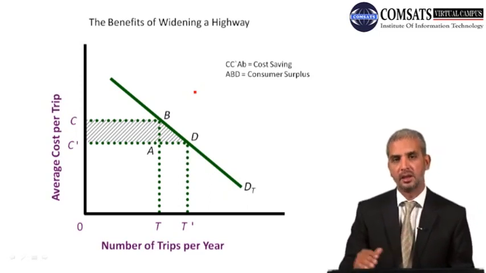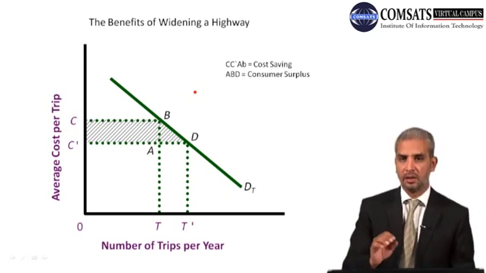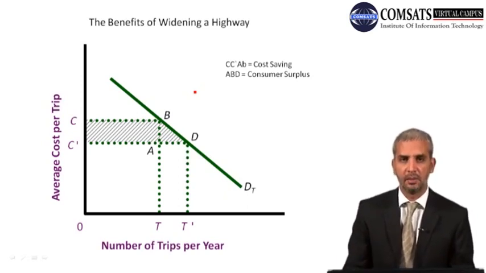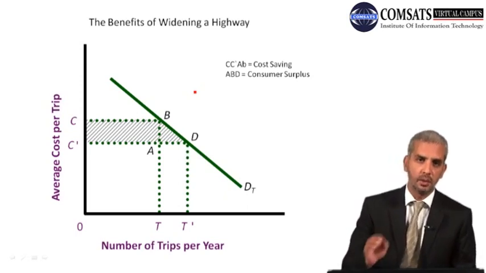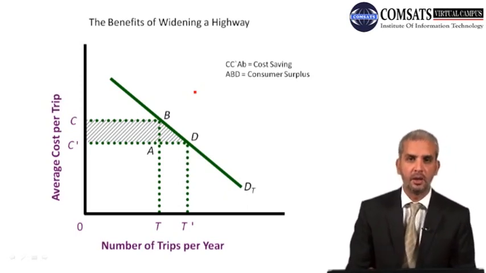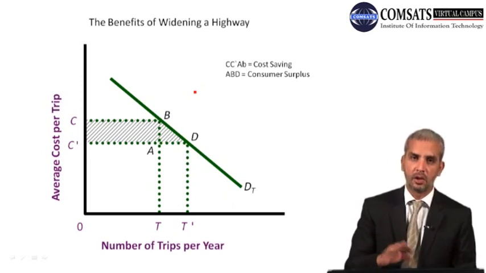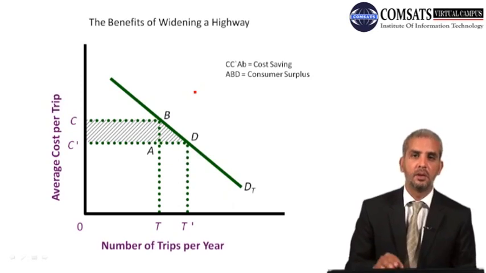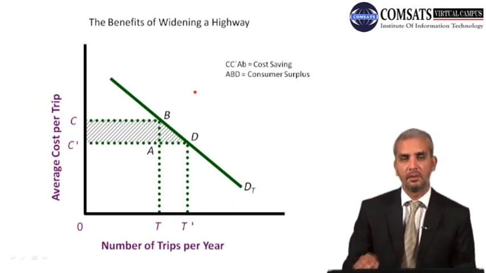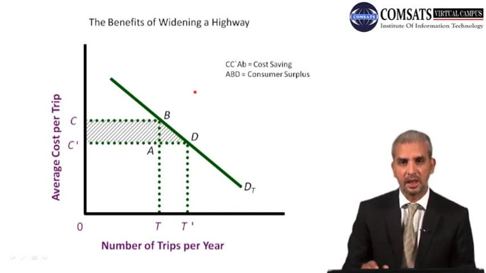Now that would mean, since the demand curve is downward sloping, that the equilibrium point is somewhere in the middle, just like in this case, maybe at point B. Now the demand curve is downward sloping, that would mean there would be people above that point B who would be purchasing that product. No doubt the quantity would be lesser because some of the people won't buy it, but there would be people who would be buying it at that price. But now they have to pay less and they would consume. So that is actually consumer surplus.